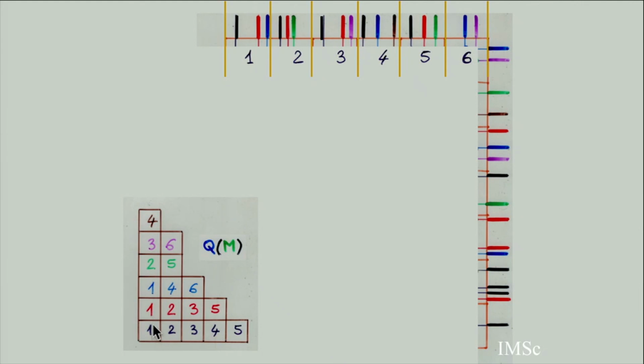This will give you a tableau with strictly increasing in row and weakly increasing in column. This comes directly from the fact that when you have a descent, you can see the rises and descents of the permutation in the Q symbol. And because of the convention of decreasing in each column, you can easily check that you get this kind of tableau.